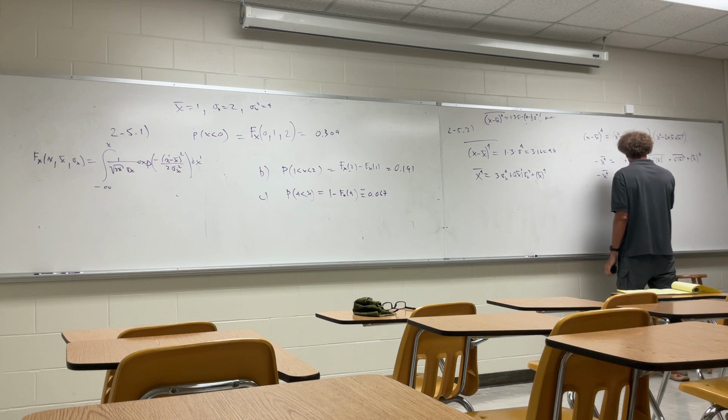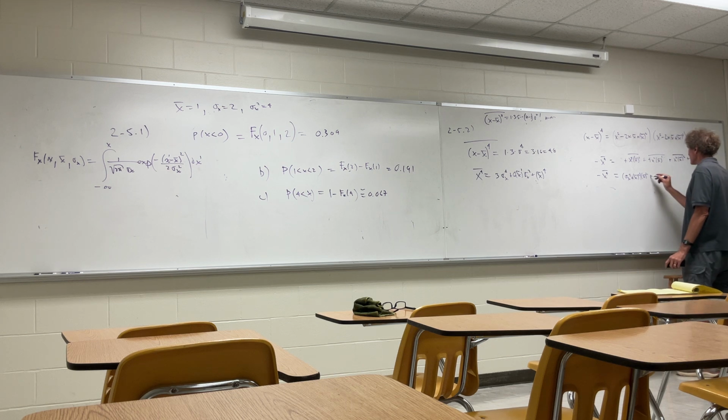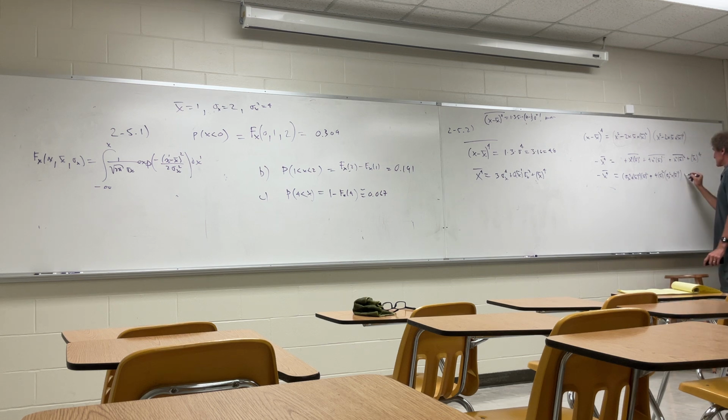This will be equal to sigma of x squared plus x bar quantity squared times sigma x squared plus, and this one is gonna be 4, and it's x bar squared, and this is gonna be sigma x squared plus x bar squared plus, and I should have factored these things and got that and that,